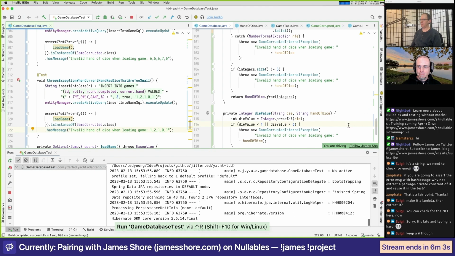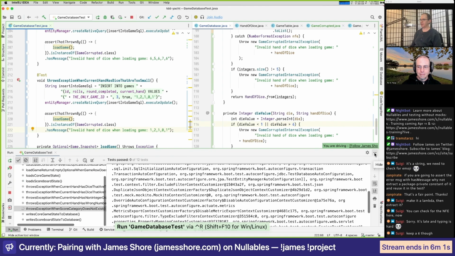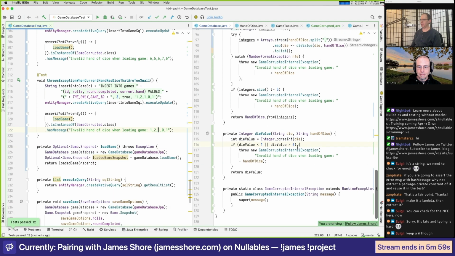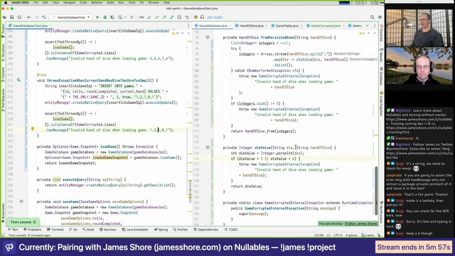So, I don't think we've got enough time to do the next thing. But when I look at this and I see all that repeated logic on the right, this pushes me into saying that this should be a responsibility of Hand of Dice, not the parsing, because we've had that conversation, but the error handling. Yep. And then once that's a real genuine production responsibility, then I want it to be test driven.